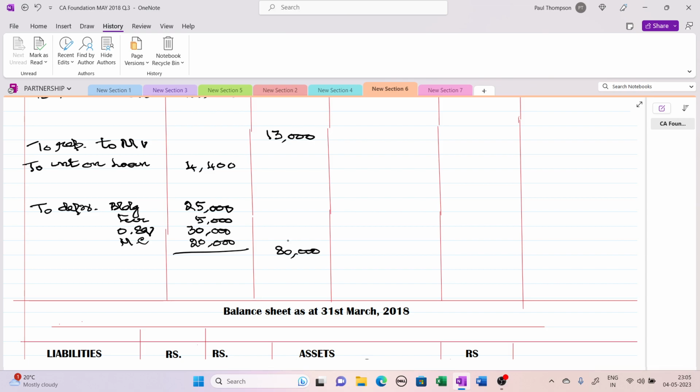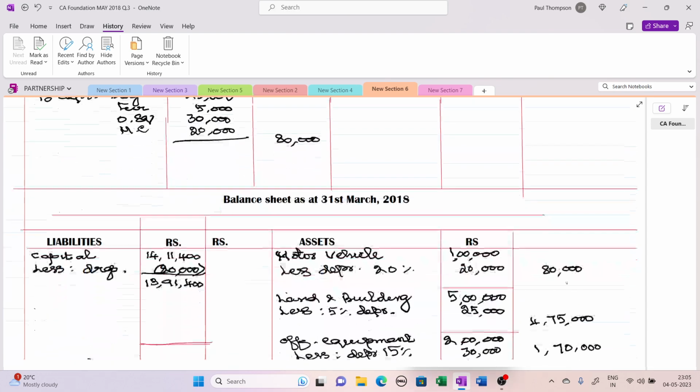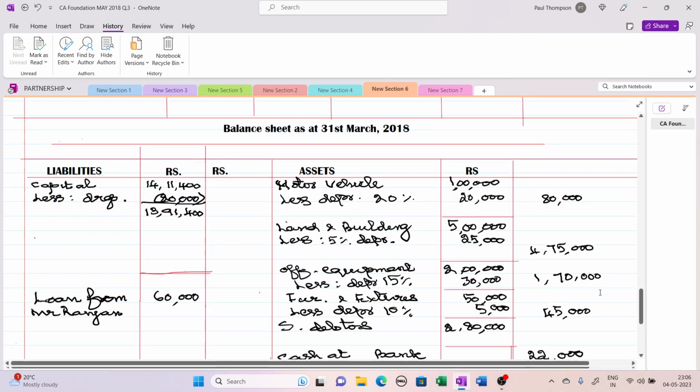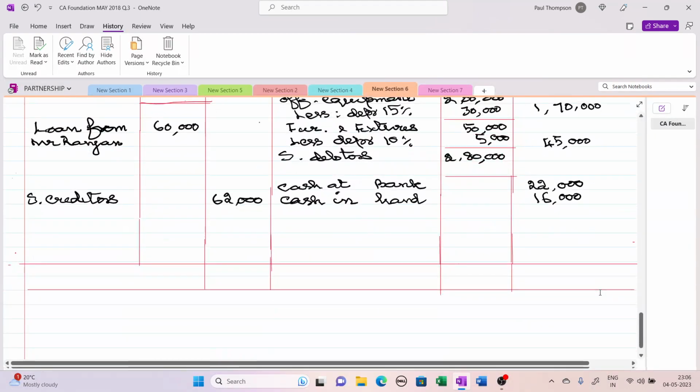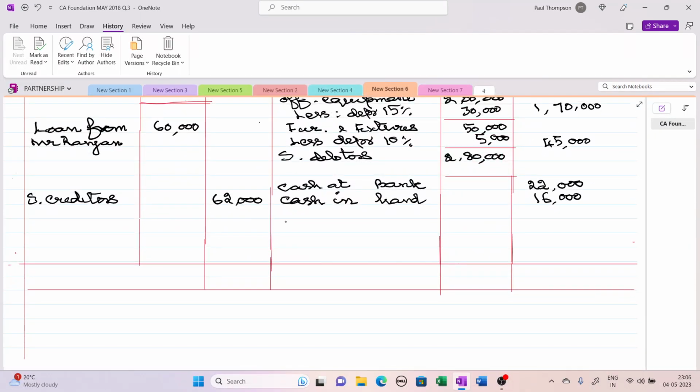column. So the adjustment has gone into two places, always the adjustment will go into two places, either into trading or P&L and then the balance sheet. Here we have done it in P&L and we have done it in the balance sheet. Second adjustment is closing stock. Closing stock is an asset. First you write it in the asset because you may forget it here, but you will not forget it in the trading account. So write here closing stock